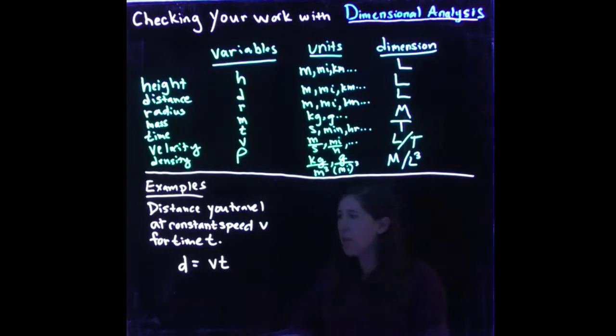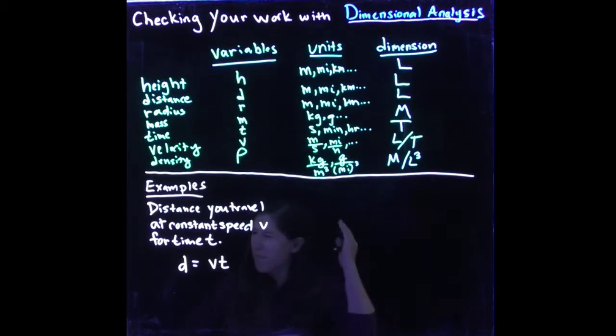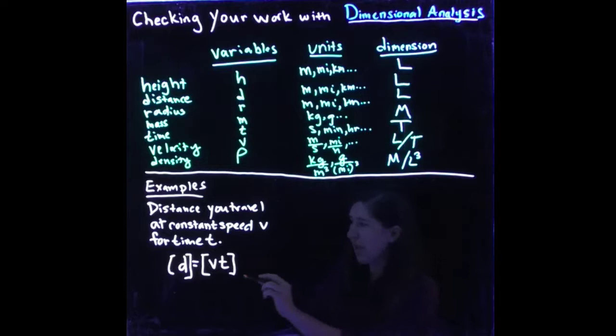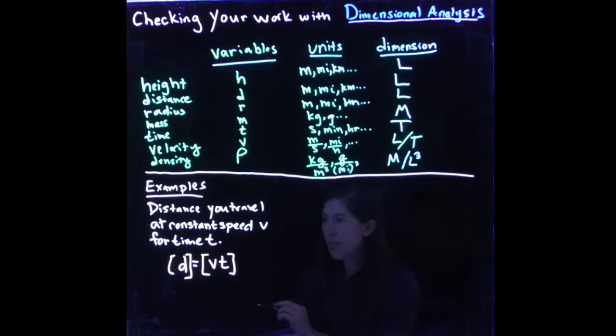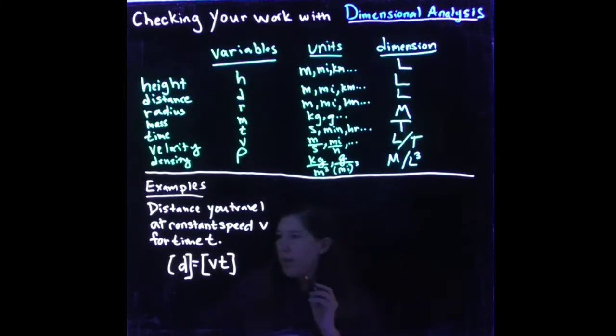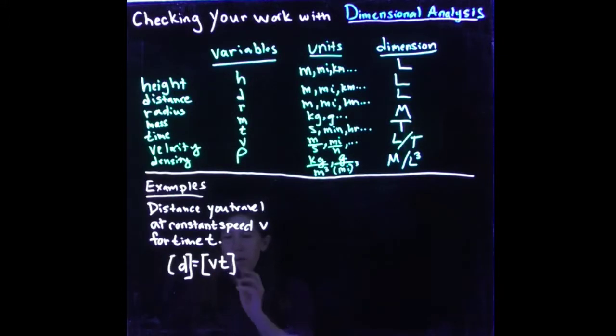That's good. But sort of more generically, if we want to see if this is an equation that even makes any sense at all, what we can do is take the dimension of both sides. And usually we do that by these square brackets. So this is saying the dimension of the variable d, and on the right-hand side we have the dimension of this quantity v times t. Now it's really easy. We want to sort of break apart this right-hand side. The dimension of the quantity v times t is happily just the dimension of v times the dimension of t,